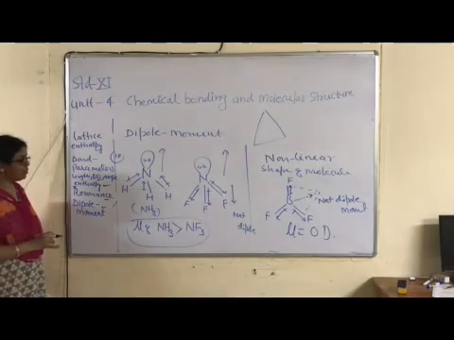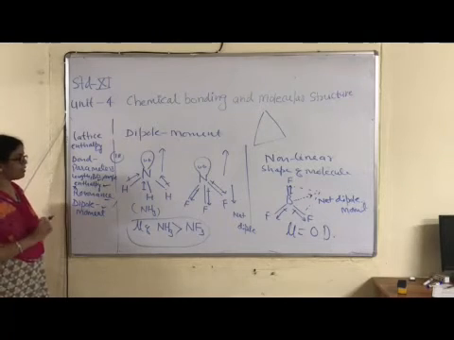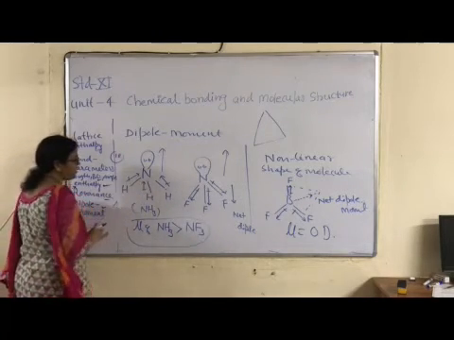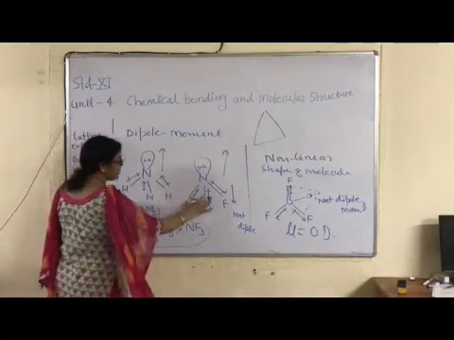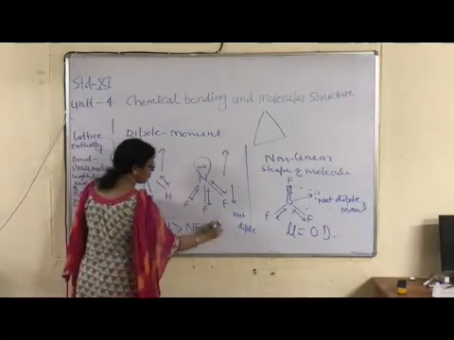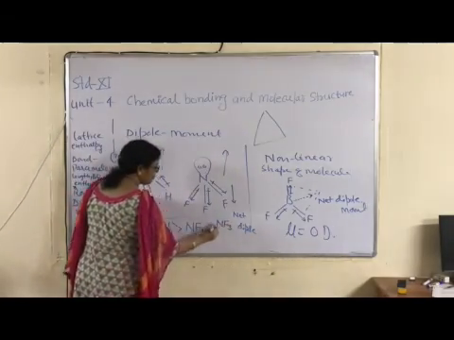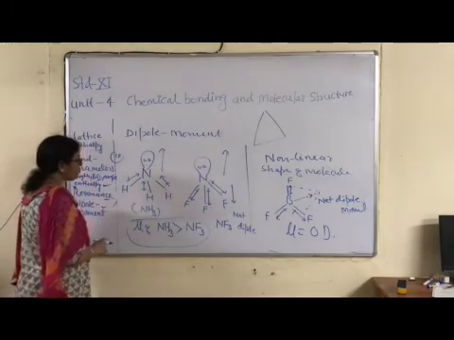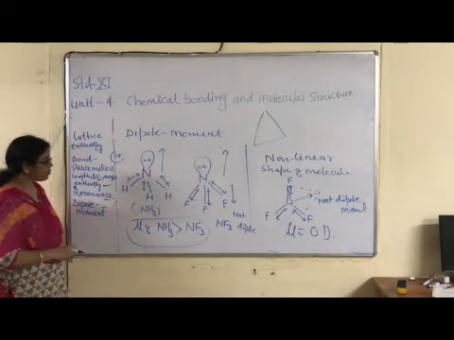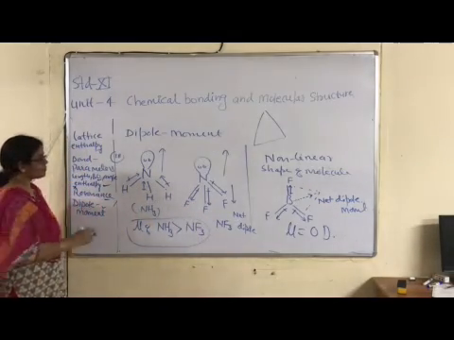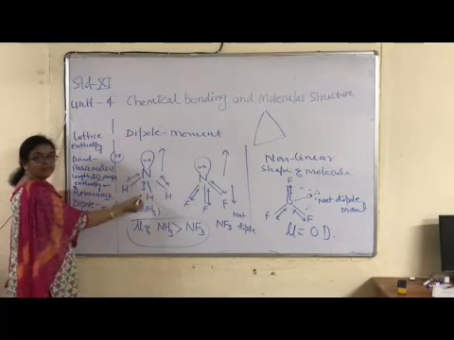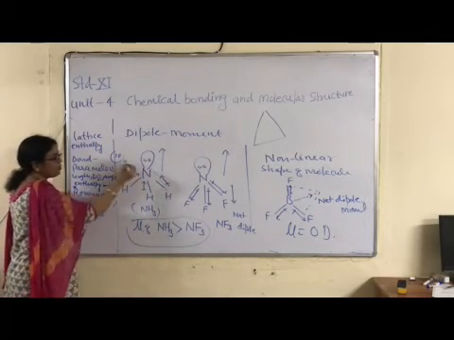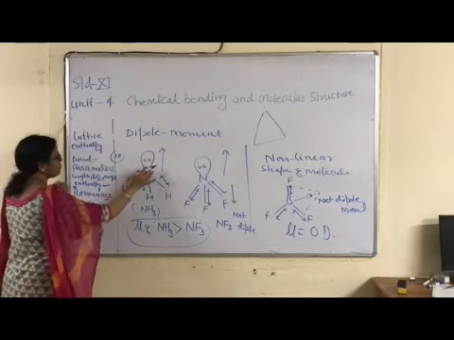Now third example, different compounds of the same element. First one is ammonia, NH3, and second is NF3, nitrogen trifluoride. What is the difference in mu of the two molecules? In NH3, this is the direction of the lone pair of electrons, which is present in the p orbital.